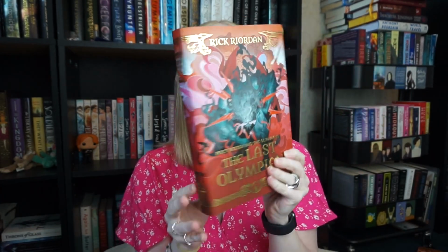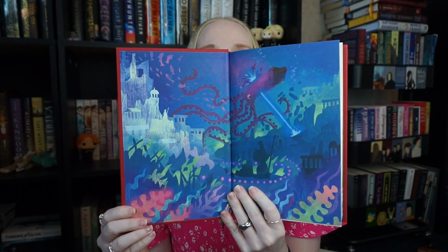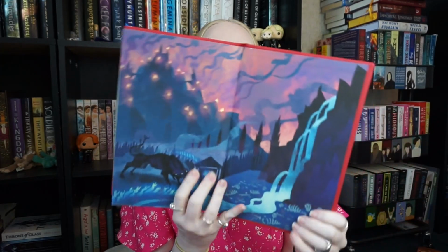And the last one is The Last Olympian, which is this beautiful ruby red color. Absolutely stunning. This is a fantastic finale to this series. I just love the series so much. So of course we have the Naked hardcover, and you guessed it, the end pages. The colors on here are absolutely beautiful and just honestly so captivating. Like, look at that. Alright, so those were the Percy Jackson books. I'm honestly so grateful to own them because they are some of the most stunning pieces of art I've ever